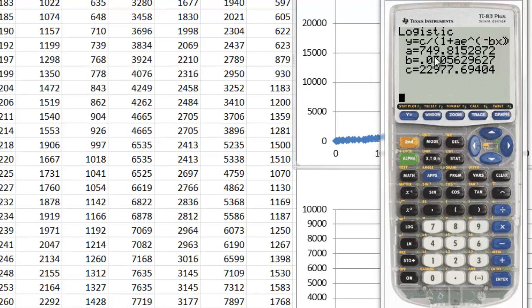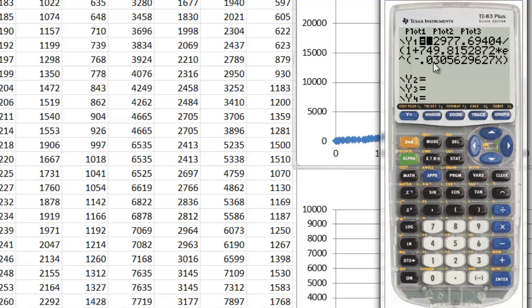So here's our equation. The calculator determined is the logistics growth curve that matches the data that we put in. And it says that y is equal to c over the quantity 1 plus a times e to the negative bx, where a is a little more than 749, b is 0.03, and c is 22,977 and some change. So this equation can go into the y equals function, and I plugged all that in already. So y equals 22,000 over the quantity 1 plus 749 times e to the negative 0.03x,